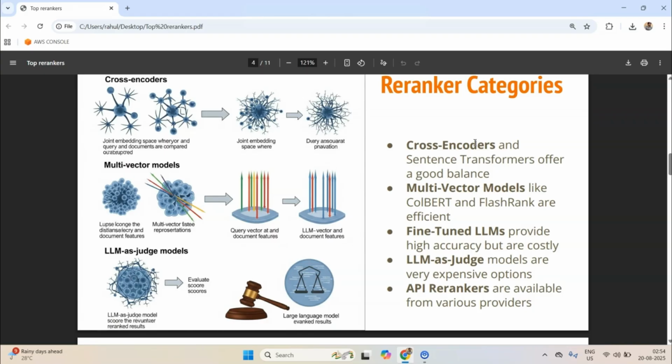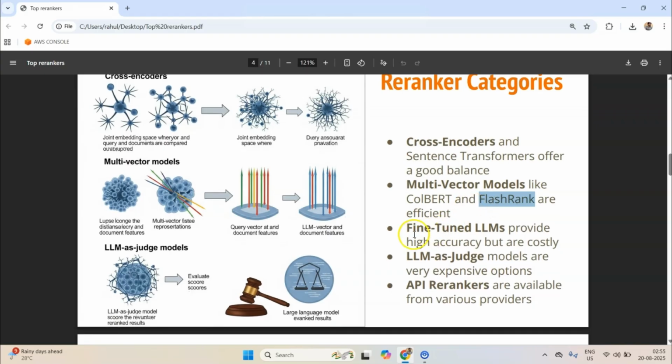They are created from a very simple concept which we can delve into later, as that is not the scope of this video. And then we have multi-vector models like ColBERT and FlashRank. What they do is break documents into multiple vectors. So rather than giving you one vector, they give you multiple vectors and are super efficient.